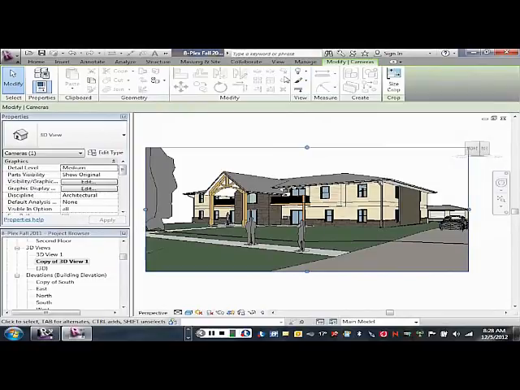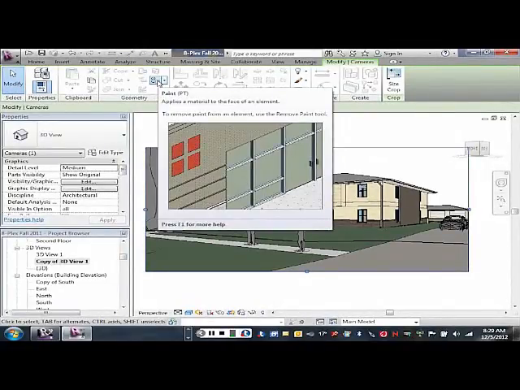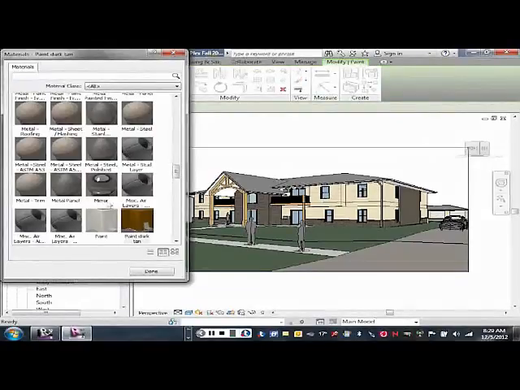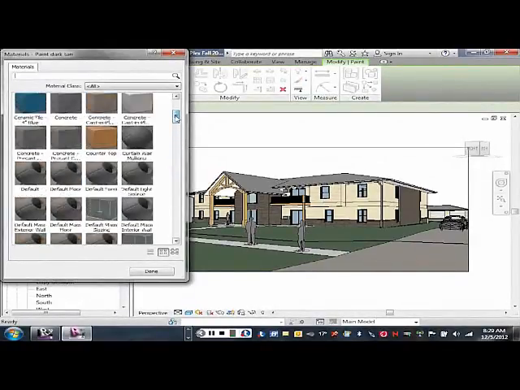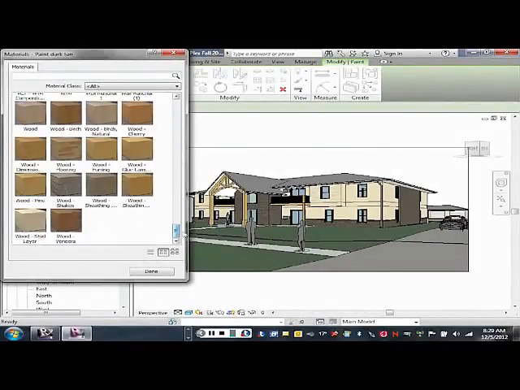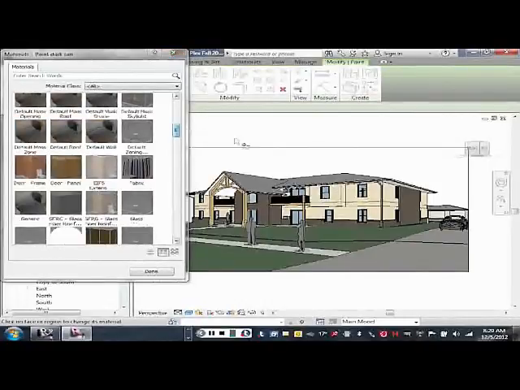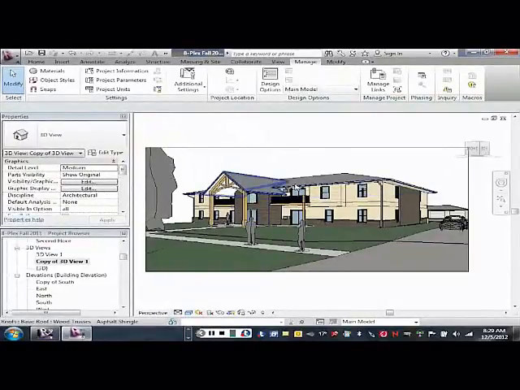Nothing else is available on here really. There's match properties and so forth, but this little icon up here means paint. So if I wanted to paint, if I click on that, it gives me a palette of paint colors and so forth. And if you don't find the color that you want in here, we maybe have to add one. Okay, so I'm not going to add it here. I will go to